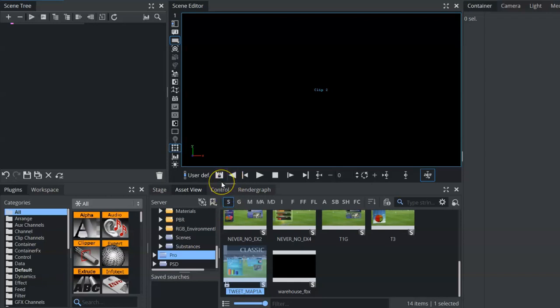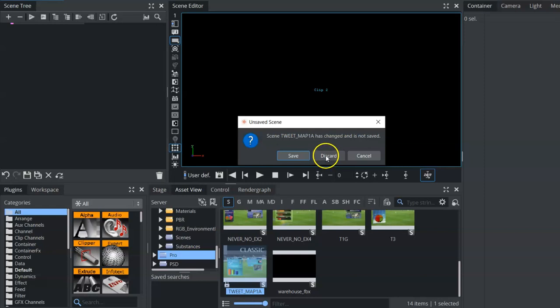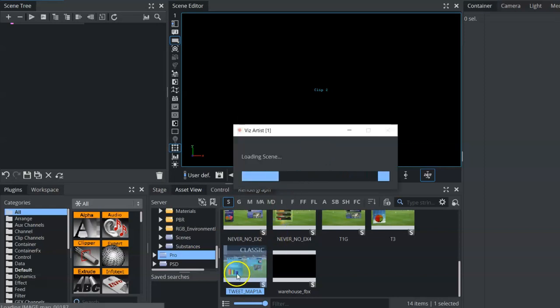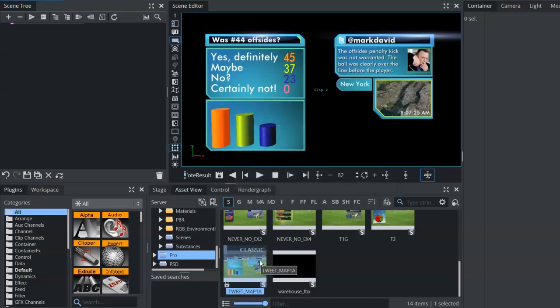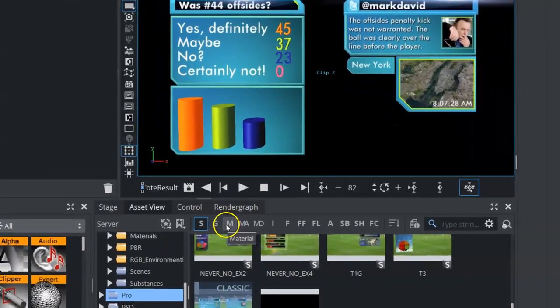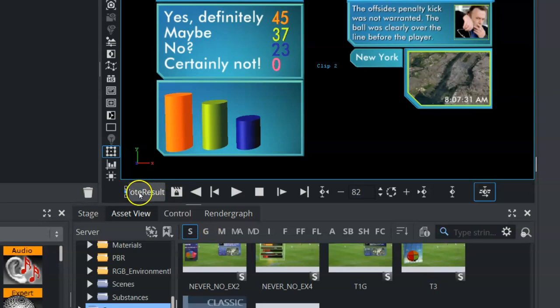Okay, we want to talk about the Artist Director Control Panel. To do that, I'm going to open up a scene, and you can see the scene that we clicked on is labeled the Classic, so it lets us know that this will be in the Classic Render mode. Our Director Control Panel is found right here in the lower left of our Stage Editor window, and there is